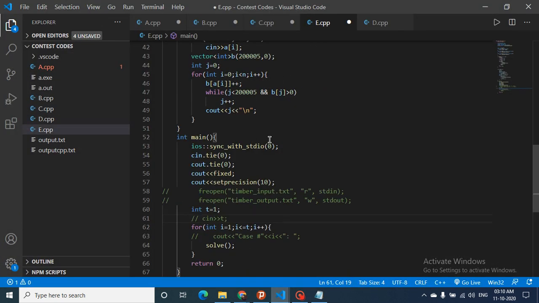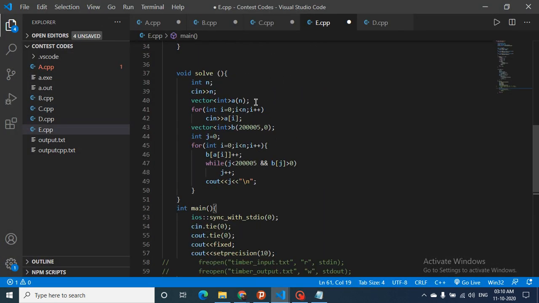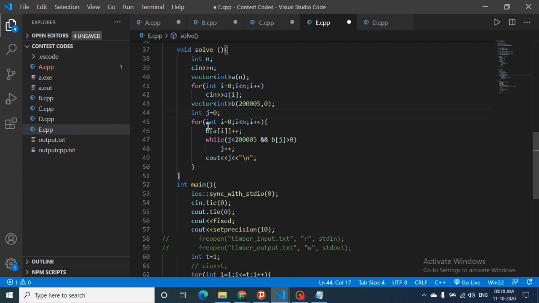The code is also very simple. Take input of all the numbers, make a vector of size 200,000 plus 5, just 5 for buffer, and initialize everything to 0. This is the j pointer. Then move through every number, and for every a of i, increment its value in b, b of a of i plus plus.